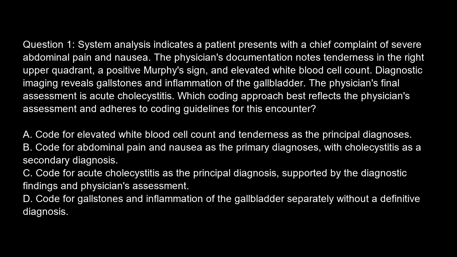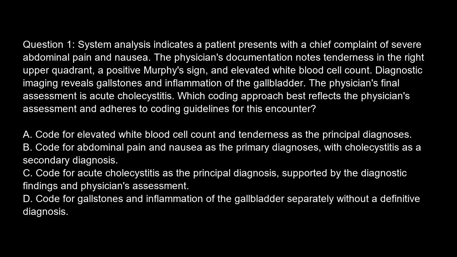Question 1. System analysis indicates a patient presents with a chief complaint of severe abdominal pain and nausea. The physician's documentation notes tenderness in the right upper quadrant, a positive Murphy's sign, and elevated white blood cell count. Diagnostic imaging reveals gallstones and inflammation of the gallbladder. The physician's final assessment is acute cholecystitis, which coding approach best reflects the physician's assessment and adheres to coding guidelines